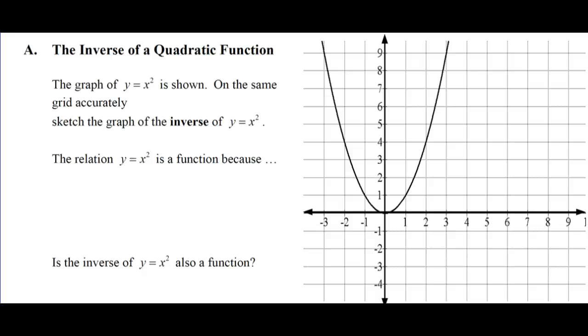On the same grid, accurately sketch the graph of the inverse of y equals x squared. So we know to take the point (0, 0), and it will become (0, 0). We take the point (1, 1), which becomes (1, 1). We take the point (-1, 1), which becomes (1, -1). We take the point (2, 4), which becomes (4, 2). We take the point (-2, 4), which becomes (4, -2). We take the point (3, 9), which becomes, and by symmetry,